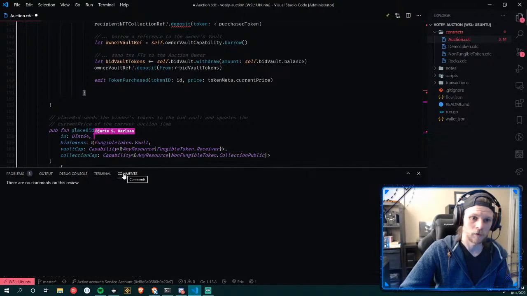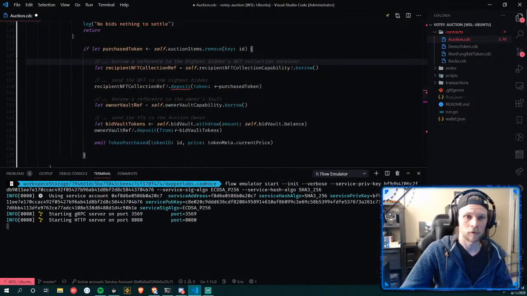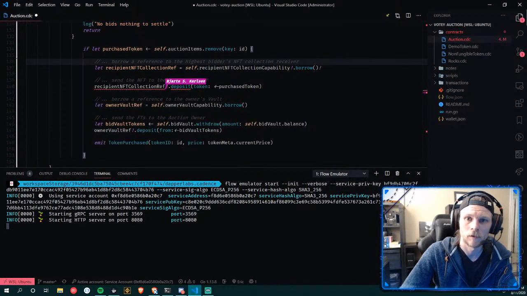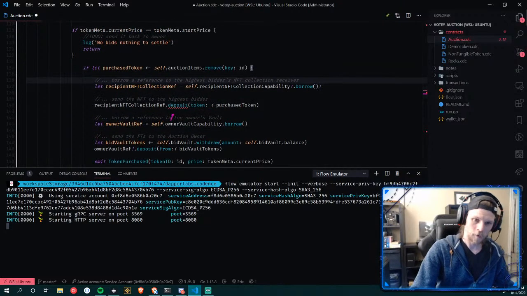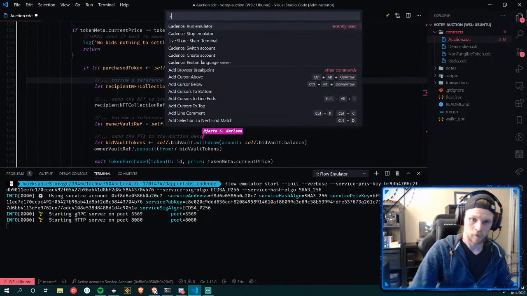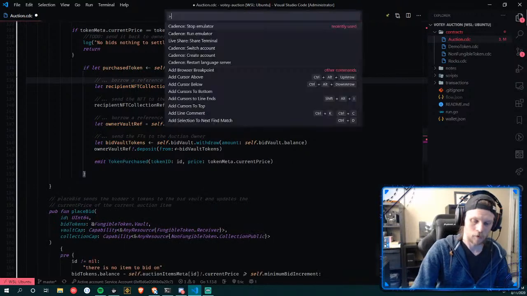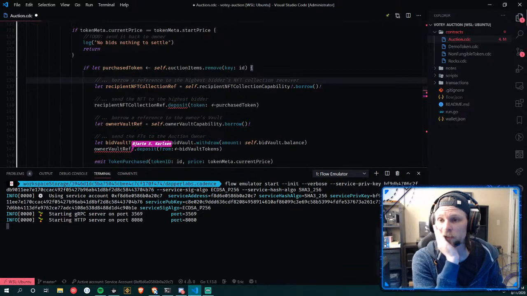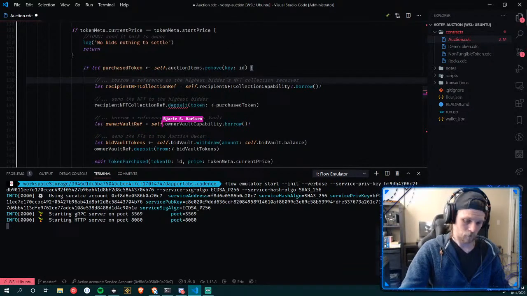Well, is there a comma missing here? I think we should do it like this. I like that better. I'm having an issue with my terminal right now. For my emulator, I can't get it to actually create the accounts we need.